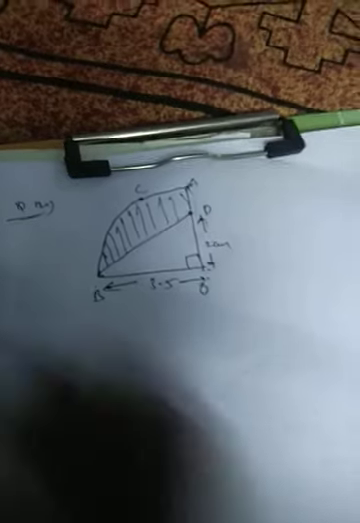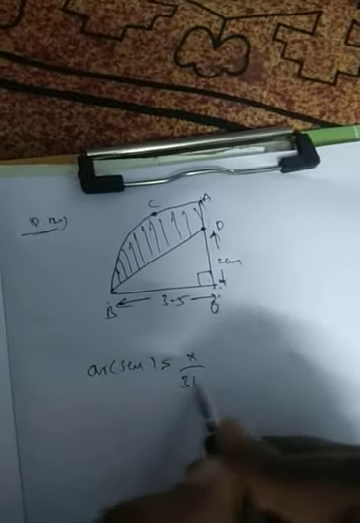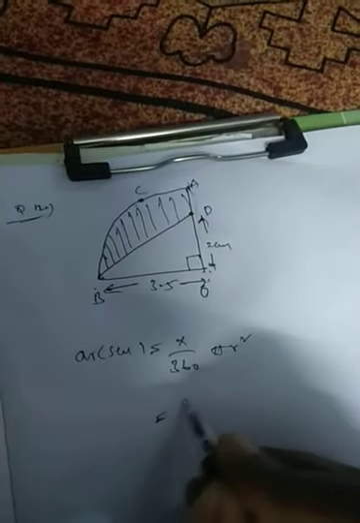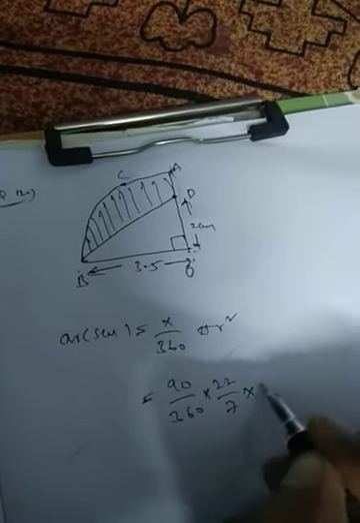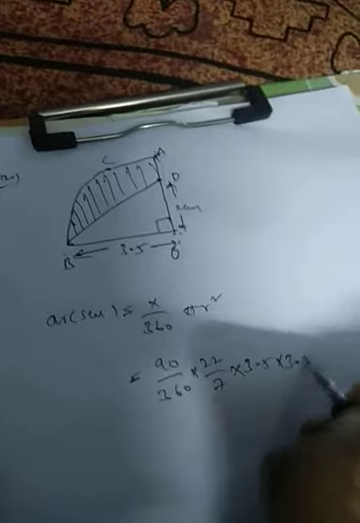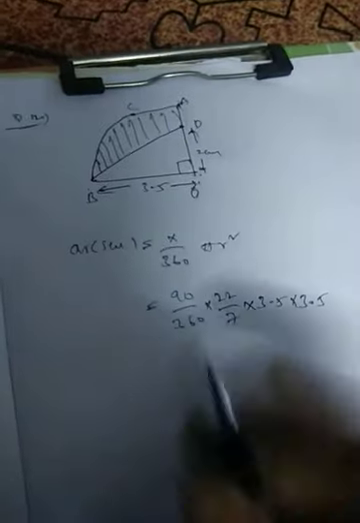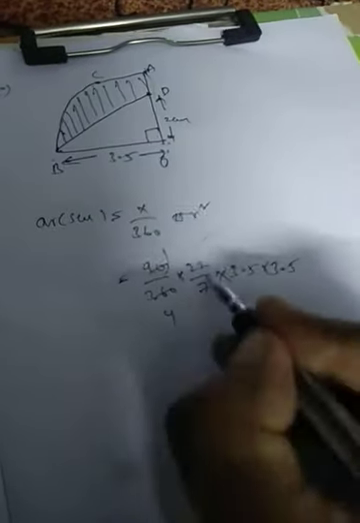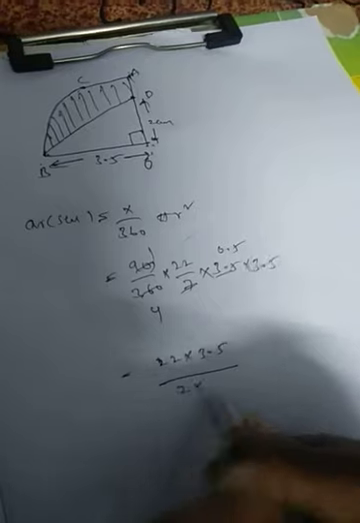So how can you calculate the area of the sector? Area of sector is equal to x by 360 into pi r square. This total area I am calculating. X by 360 means what? 90 by 360 into 22 by 7 into the radius 3.5 into 3.5. Now x by 360 means 1 by 4. 7 ones are 7, and 0.5, so it will be 22 into 3.5 by 2 into 4.